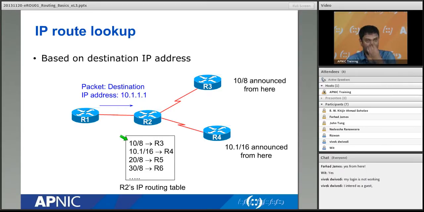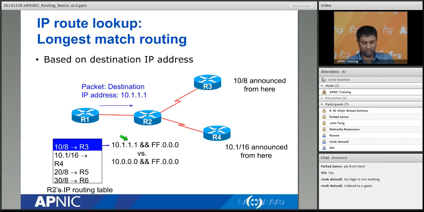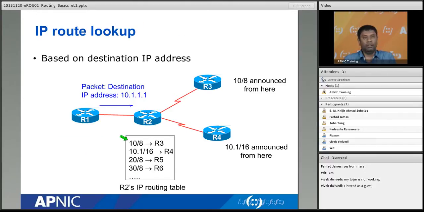Okay, now see, when an IP packet comes to router 2, it will have a look at the IP packet header, and on the header, the packet destination is 10.1.1.1, right? So router 2 will try to do a routing table lookup, and when it performs the routing table lookup,